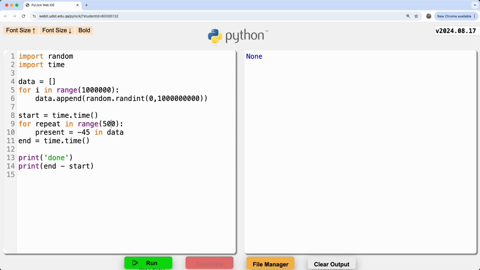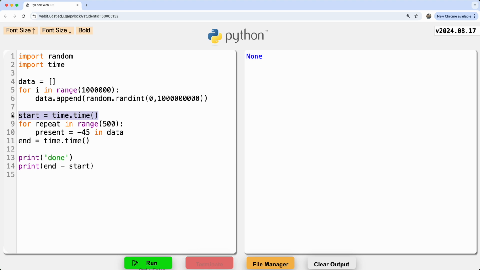The reason why I repeat it 500 times is just to make the program a little bit slower, because otherwise it finishes really, really quick. Because if things finish really quick, it's hard to measure how long it takes. And the final thing, which would be something new for you guys, even though it's actually legit something we could include,